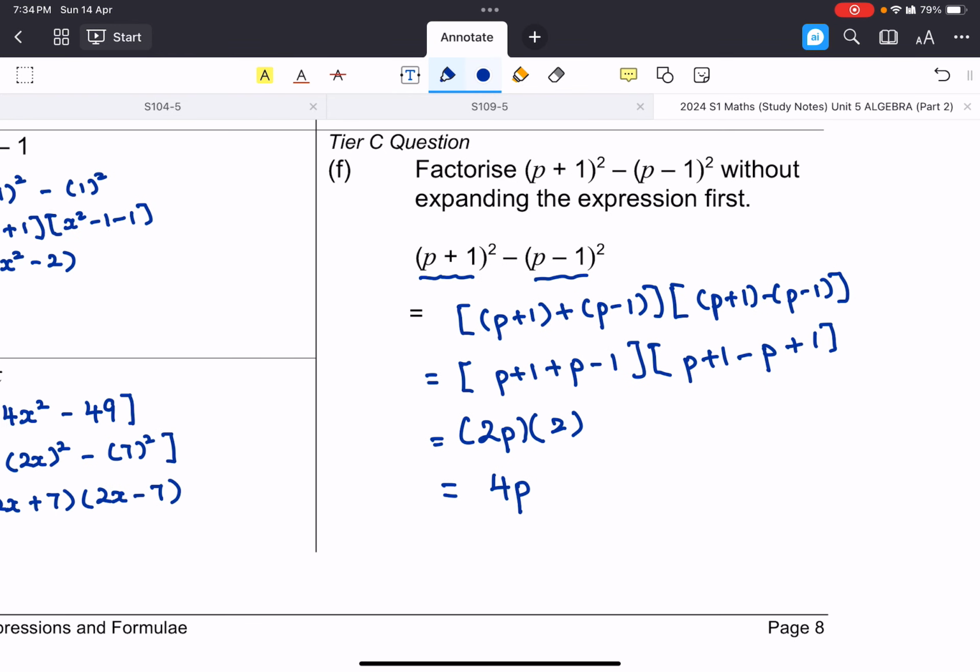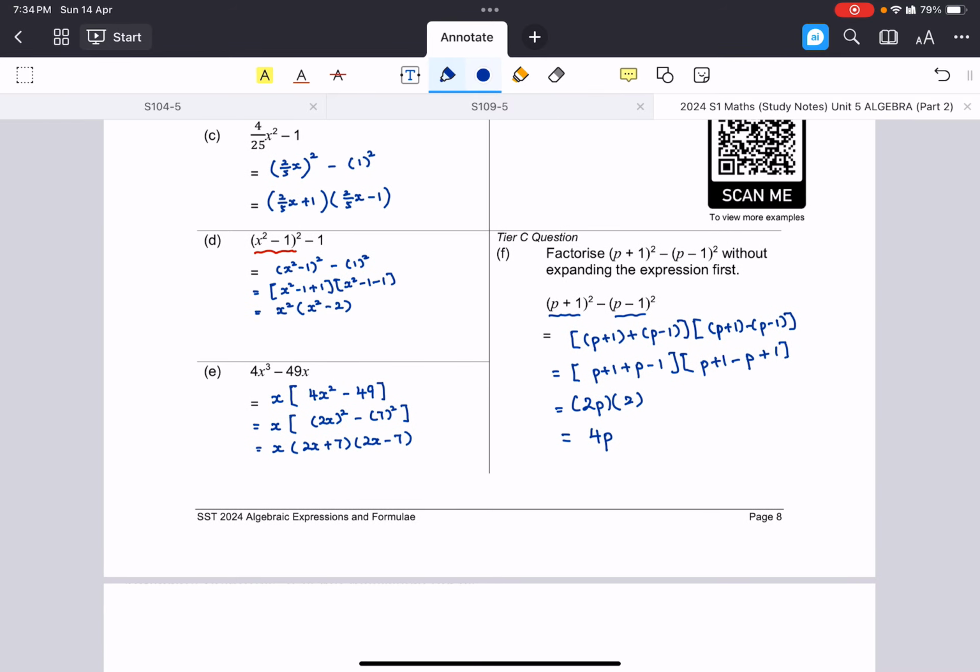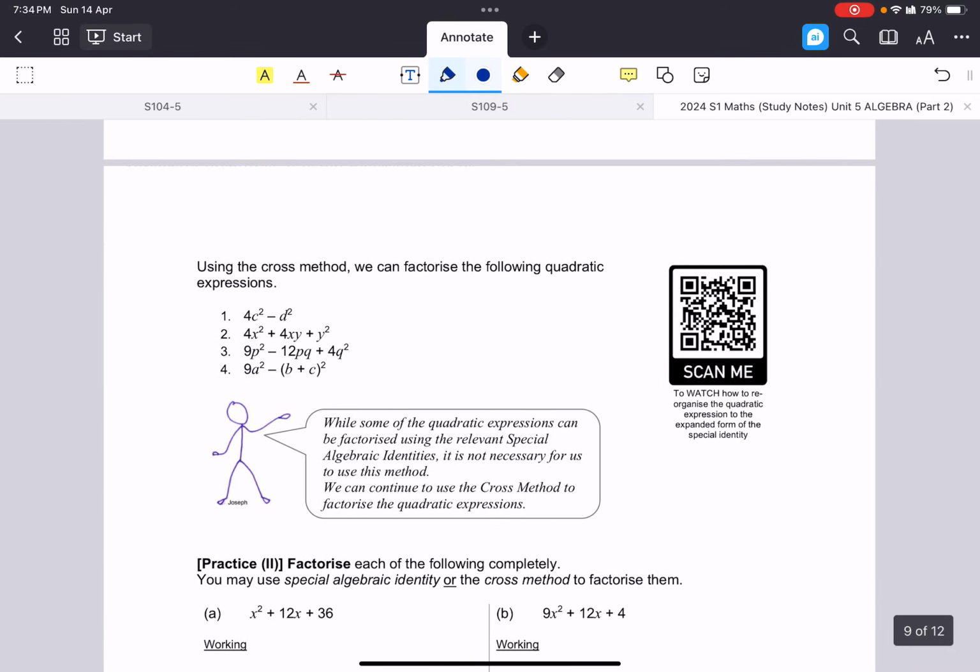But wait a minute, some students were asking, is this factorized? Sure, it's 4 times p. One of the factors is 4, the other factor is p. It is factorized. Okay, the question is not wrong, but yes, it's just a very unique question where we end up in this kind of scenario. Very interesting one, just for practice purposes, right? Okay, so now that we have completed this,